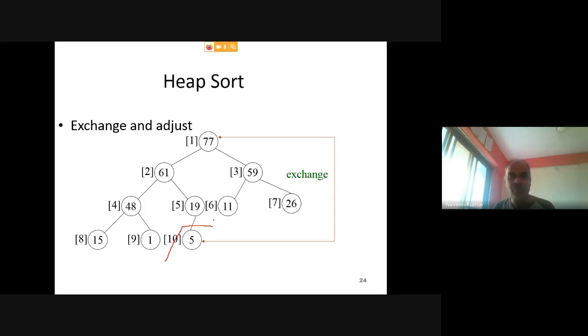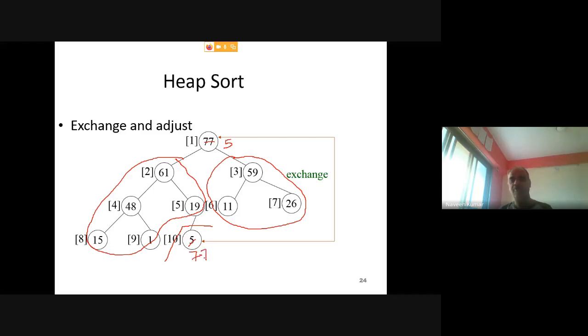Since 5 is shifted to this place, you can see that this left subtree is actually a max heap, and the right subtree also remains a max heap. The only problem is with this node, which now contains 5, and 77 is here after swapping. We know how to handle it. We have already done this kind of exercise before.